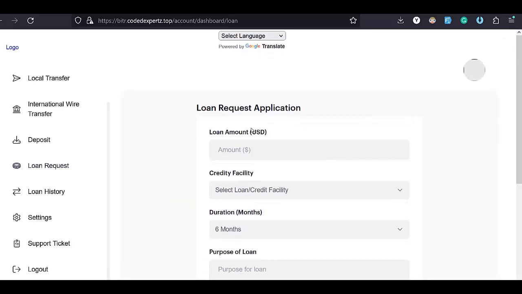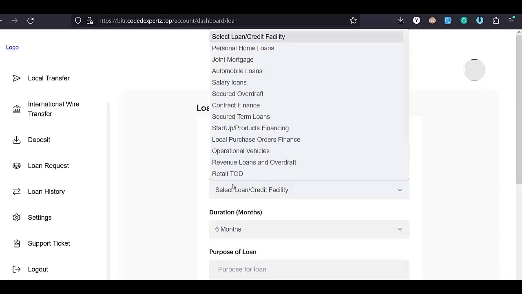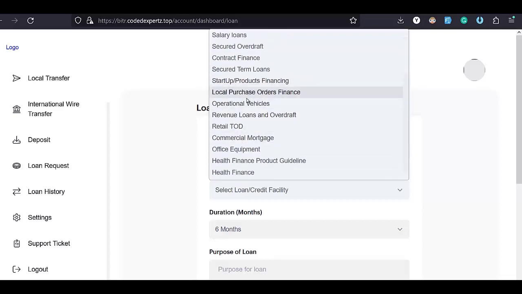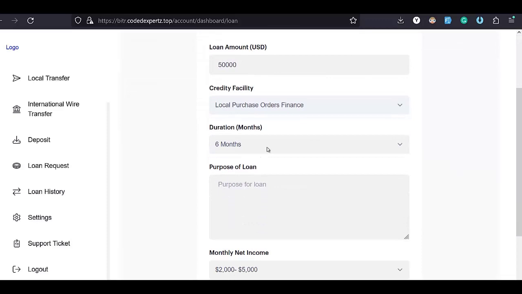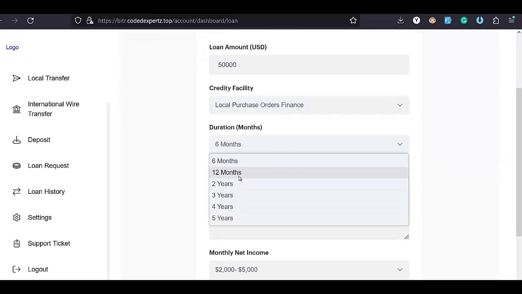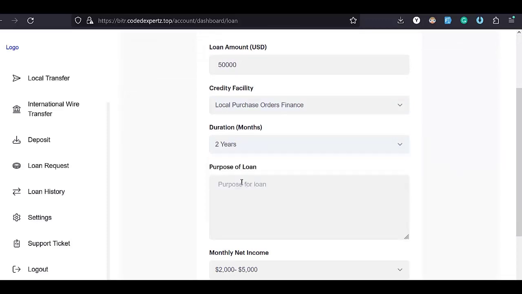Now you see this is a loan request page. Now I can actually request the loan of, let's say, okay, I'm going to select my credit facility. Do I want it as a joint mortgage, or is it an automobile loan, is it a salary loan, is it a secured overdraft? Whichever one I actually want, I can just select it, select the duration I want the loan to run. So let's say 2 years, and purpose of the loan is